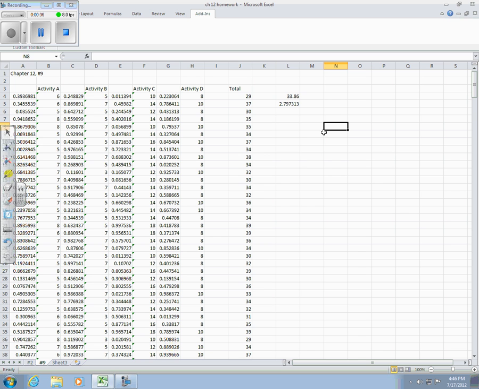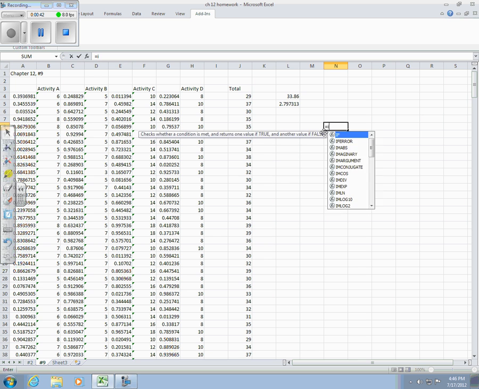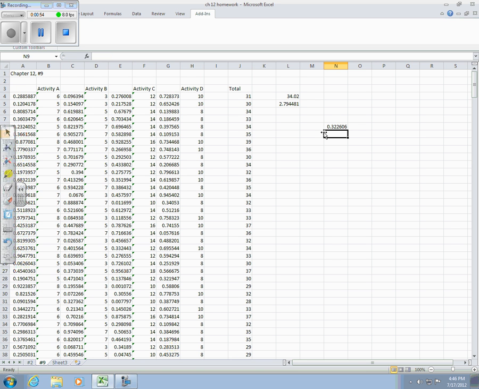So let's say I just wanted to simulate the flip of a coin. What I could do is write an if statement. Well, first I would generate a random number using the RAND function: equals RAND, open parentheses, close parentheses. Recall that's going to generate a number between 0 and 1. Each number between 0 and 1 has the same likelihood of occurring. And then I'm going to translate that into a particular outcome with an if